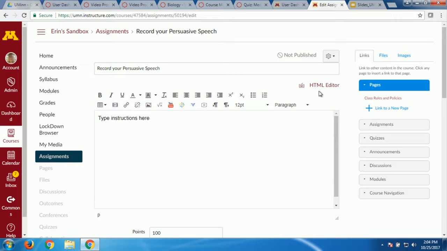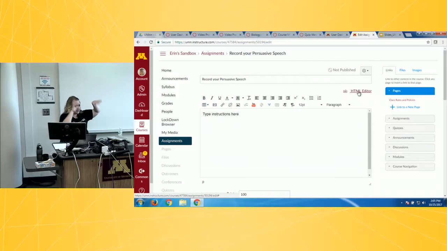So just remember that when you have this, there's even this HTML editor. If you have any share codes or codes from other places, for example, I like to do Prezi presentations in my class. I got sick of PowerPoint. So I would do Prezi and have an interactive presentation. Well, things like Prezi, or there's an application called Nearpod that makes your PowerPoints more interactive. You can ask questions in your PowerPoint, have them draw things in the PowerPoint, kind of cool stuff.